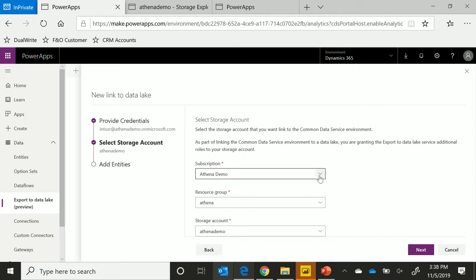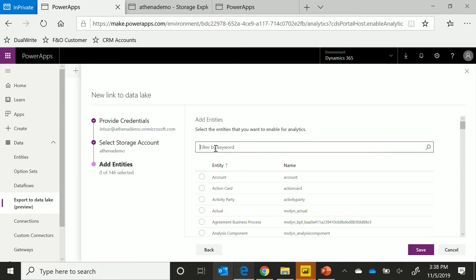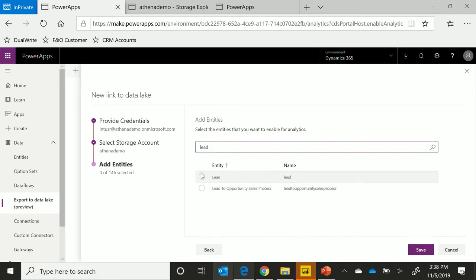Or you can actually very well go in there and try typing or search for it, and it should show it for you. Like in this case, I have multiple storage accounts, I believe. So you pick the subscription or storage account, hit next, and that's it. This is the second step of the wizard, and that's the end of the wizard as well. You have to pick the entities that you want to push. In this case, I'll just choose lead,